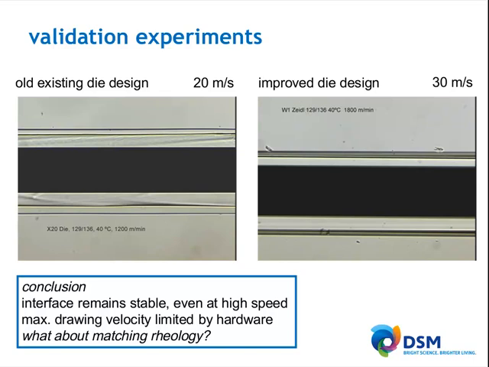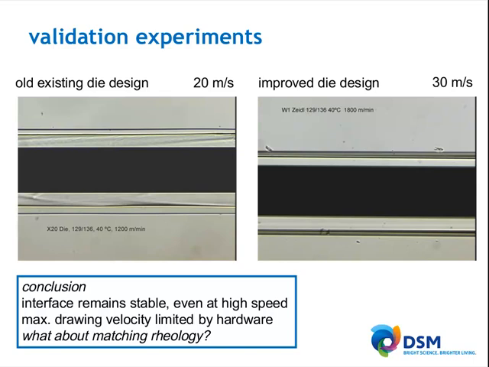And what we see with the improved die design is a fully straight interface between primary and secondary, even at 30 meters a second. And the 30 meters a second was really the limitation of, let's say, the draw tower simulator. You can go to higher speed without seeing those hook effects. So the interface remains stable,